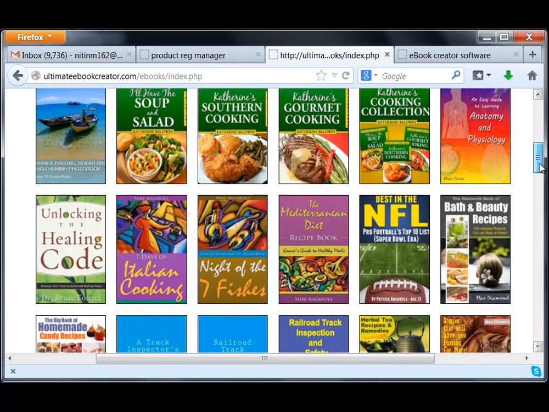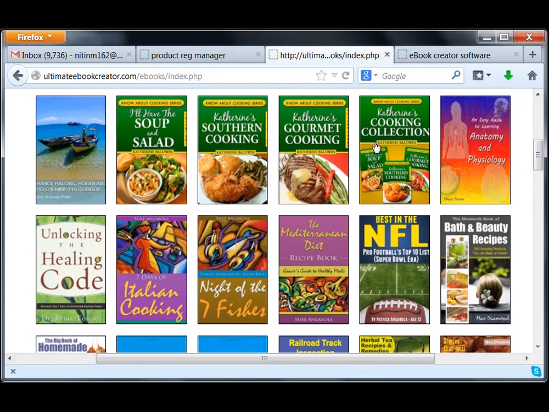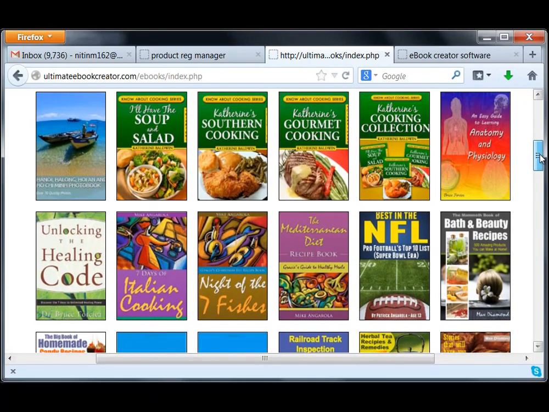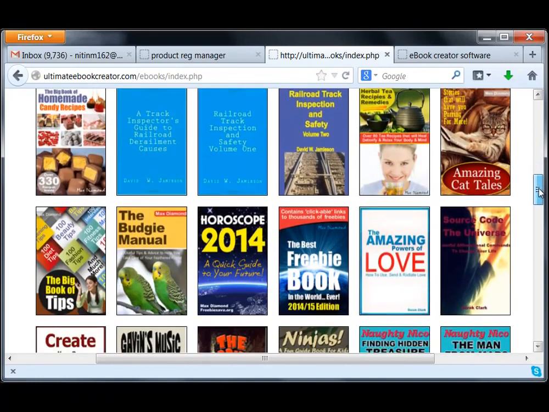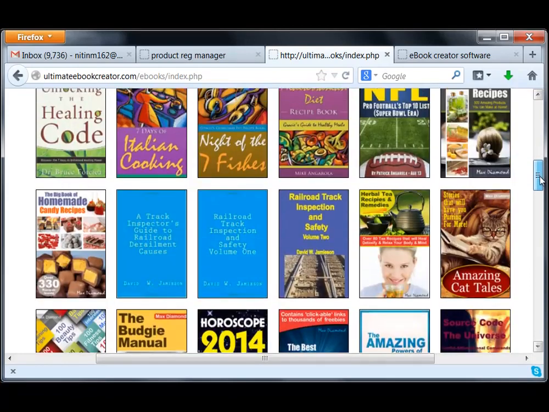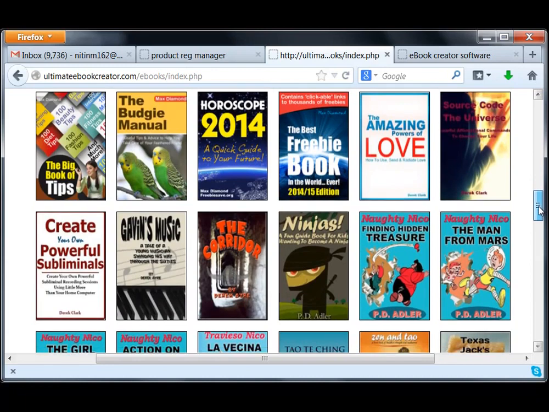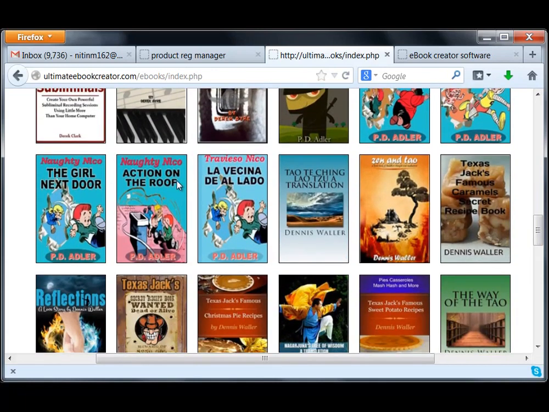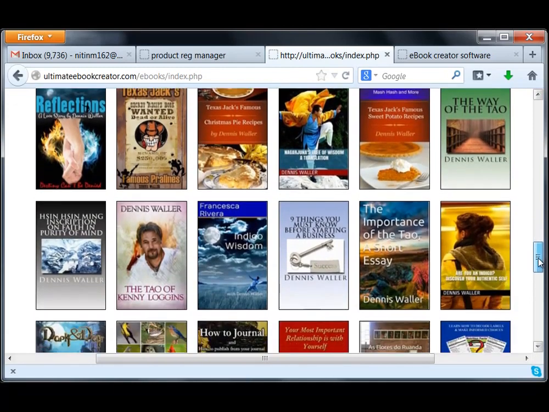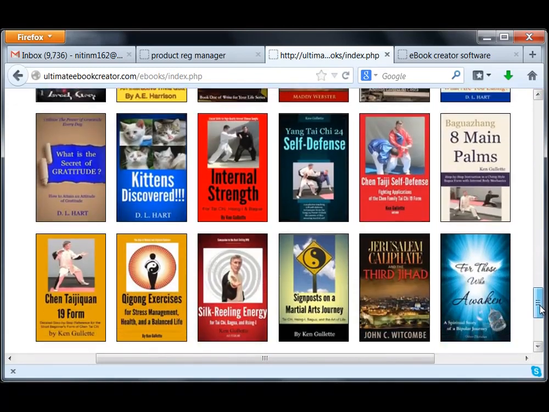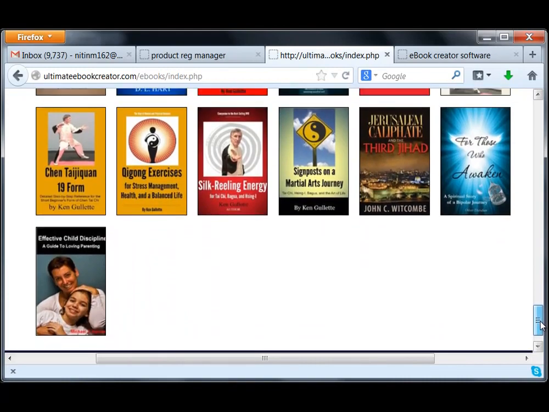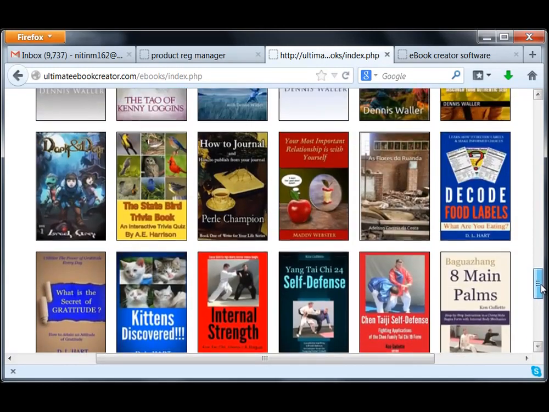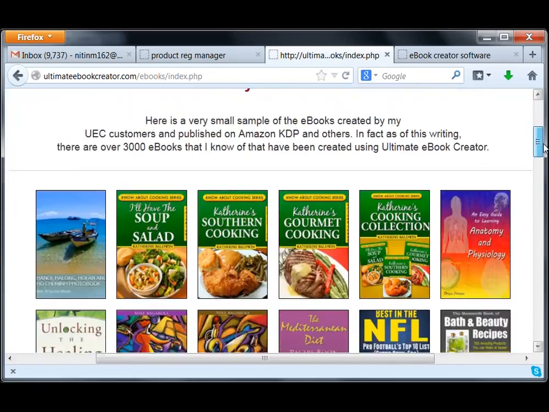Okay, so these are the books, and as you can see, some of the customers have created multiple books, and some people have just one book. So here's a list. Obviously, I'm not going to show you all 3,000 because I don't really have the time to put together a web page with 3,000. But you can see here that there's about 60 books that I've put down,